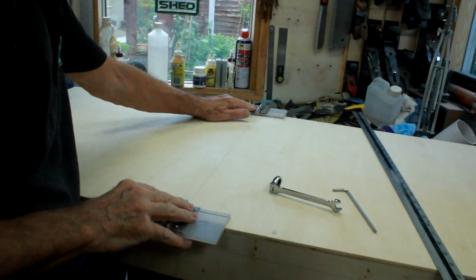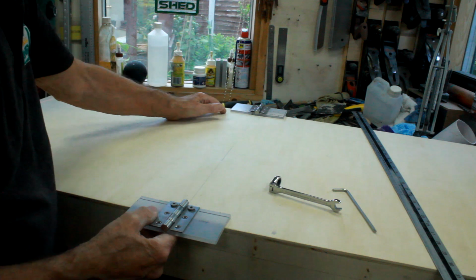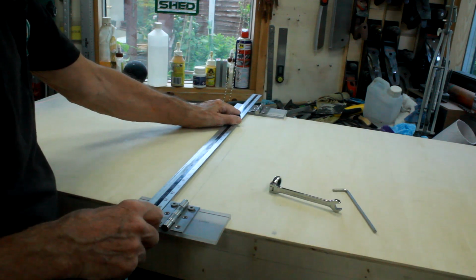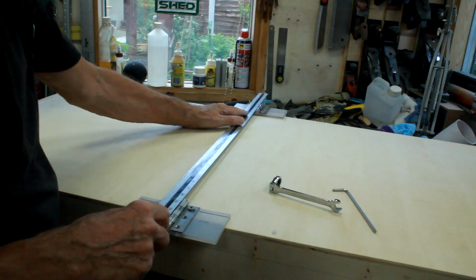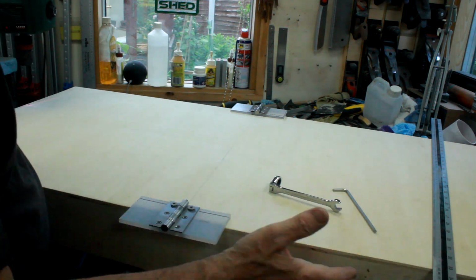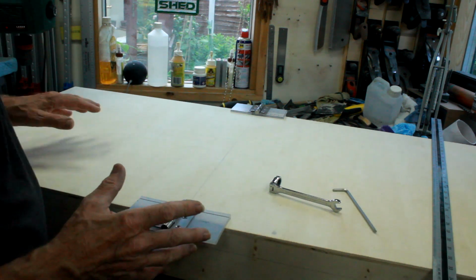I've got the two hinge plates bolted onto the board. They're in line with one another, straight along the join line. That's good. I can't do a lot more until the actual metalwork arrives, but now that gives me a good